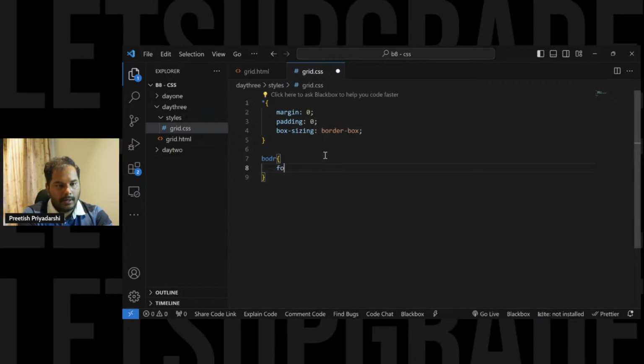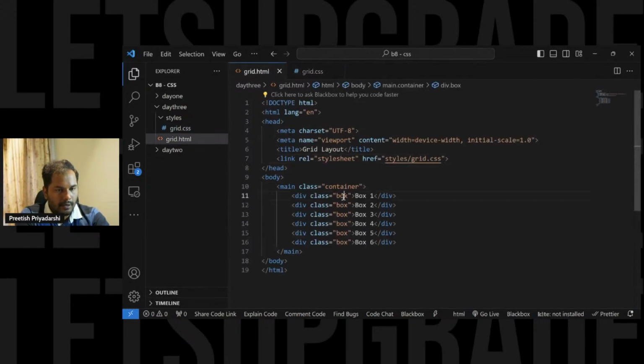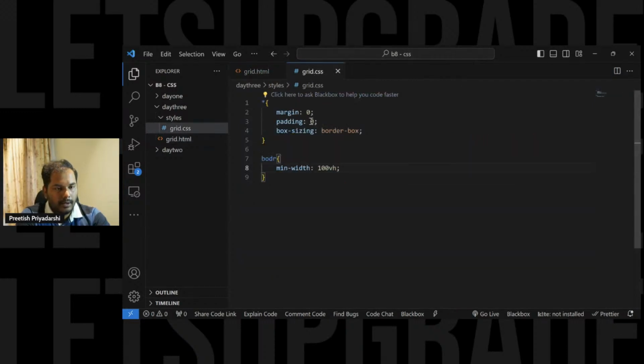For the body, you can apply any font, and we'll set a minimum width for the body to around 100% of the viewport height. Okay, minimum, that is the full width. Then what elements we have? Then we have the box and the container. All right, so let's move to the container,